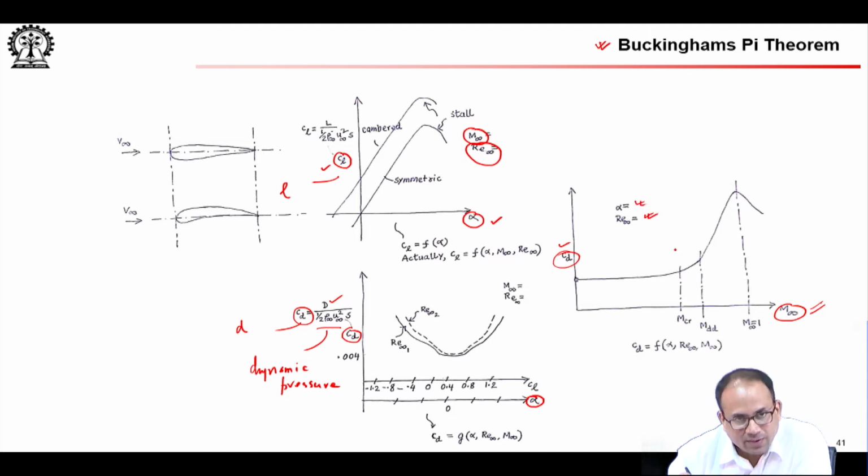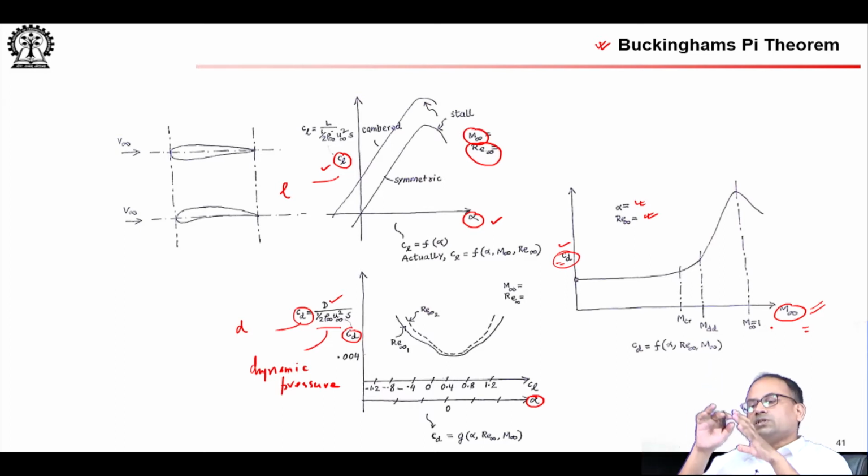So, we will see again in Buckingham's pi theorem why we have this tendency of plotting C D versus M infinity and holding some non-dimensional parameters constant. Why can we not say drag as a function of velocity holding, say, surface area and density constant? There is a very powerful reason why we like to move to C D and M infinity. Remember that if you have C D, if you have M infinity, you can still figure out the value of drag,